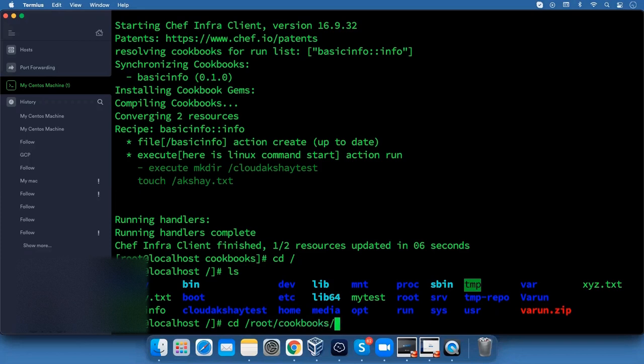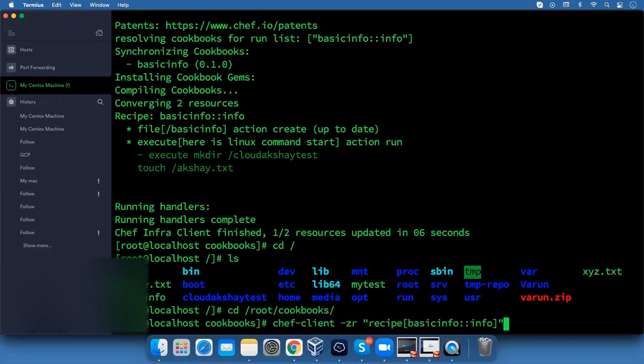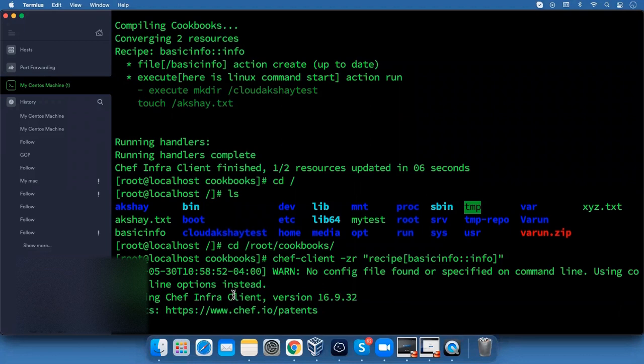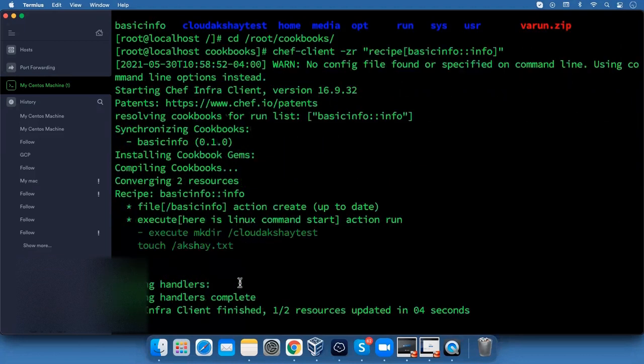Here you can see it executes my Linux command again, it's not up to date because it executes the process again and again, and you can see again 1 by 2. If we write only the Ruby code, it says the code is up to date and work is 0 by 2.